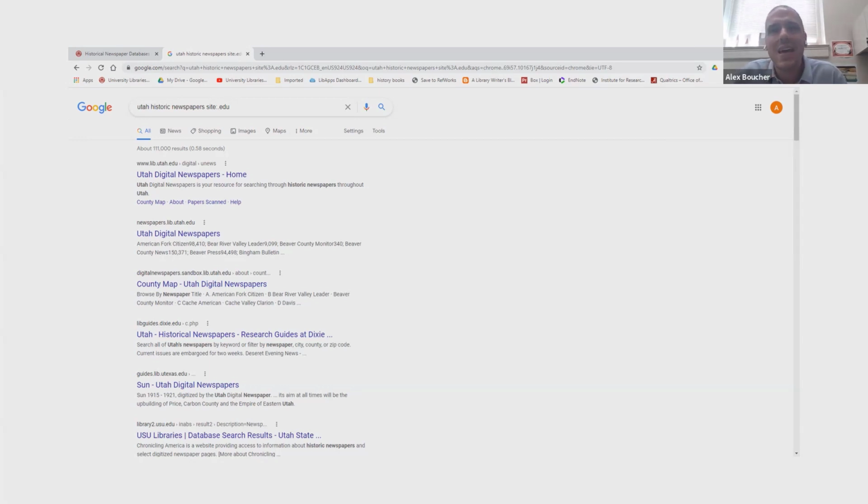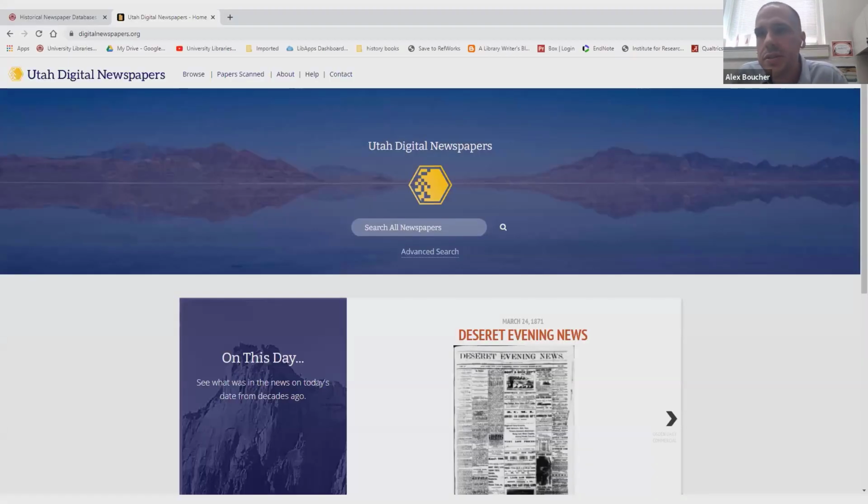And the reason to do that in this case is a lot of the digitized newspapers come from universities and more specifically university archives. So they are hosted on .edu sites. You don't necessarily have to do that, or you could try that and then try just a normal Google search. In this case, you can see something like Utah digital newspapers. These things are popping up more and more all the time. So not everything has to be a bought and paid for library database. A lot of things are states are doing consortiums, universities are doing collections, etc.